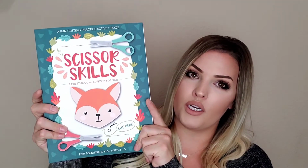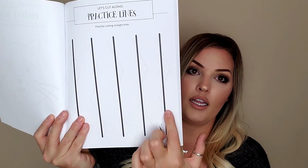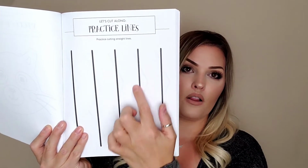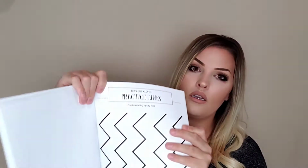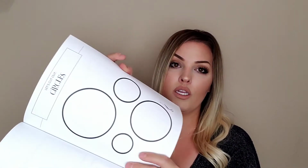But I did see this book to go along with that, and some of this stuff is a little bit advanced, but it's perfect because you can just have them cut along the line and follow the lines. And it has different shapes in here as far as squares, zigzags. So this is going to be obviously a little bit more challenging for her. There's circles in here which are going to be more challenging, you know. So I mean, you could even tear this page out and kind of roughly cut the circle out,